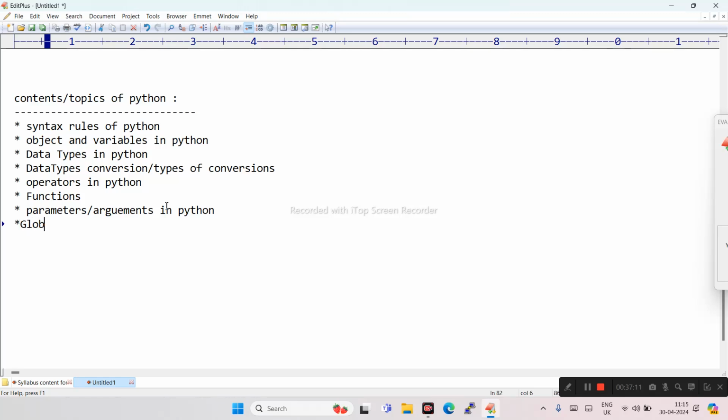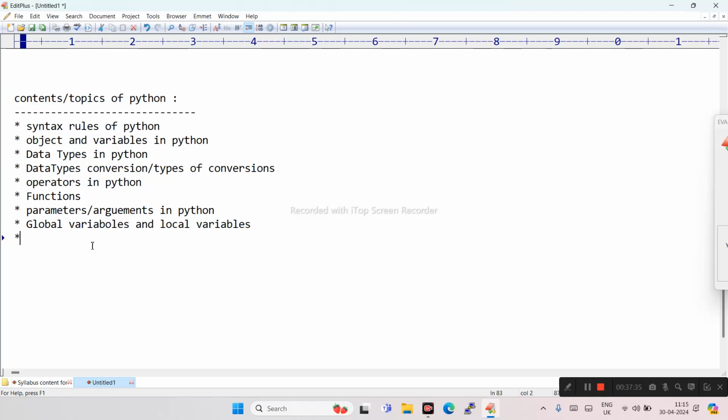The next topic is global variables and local variables. What is a global variable and what is a local variable? What is the difference between them? We will discuss it in the upcoming session.